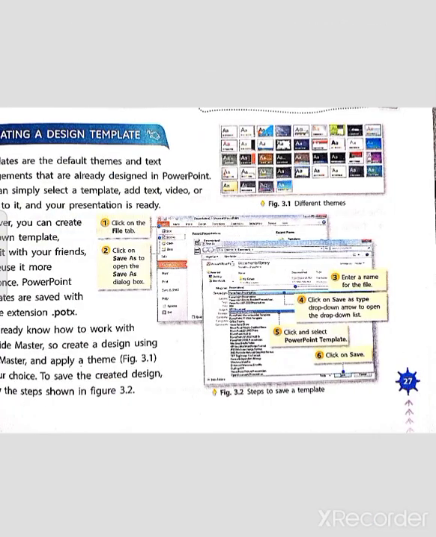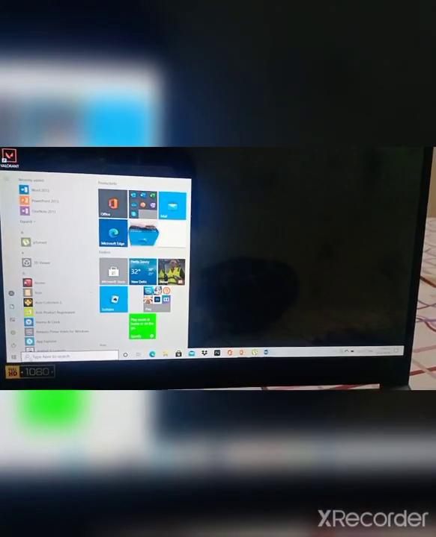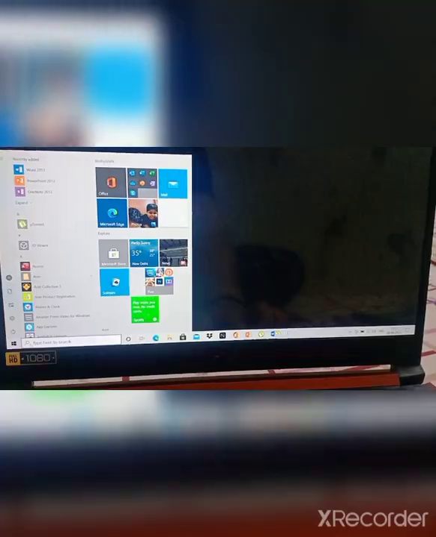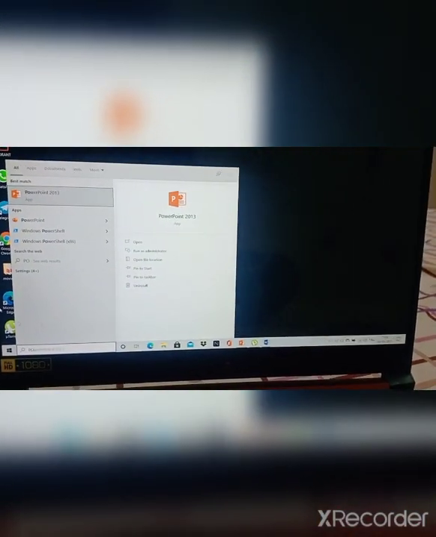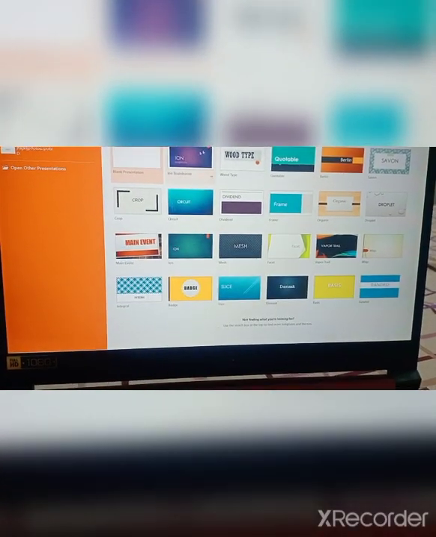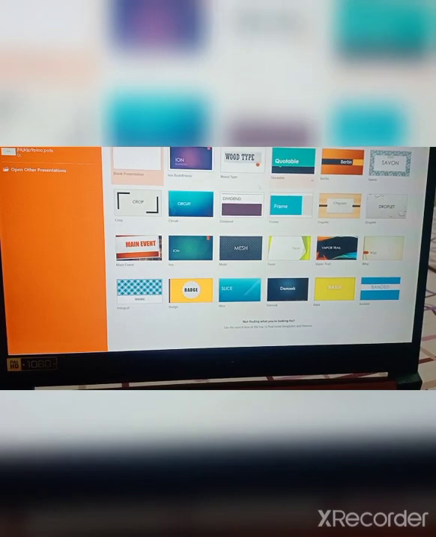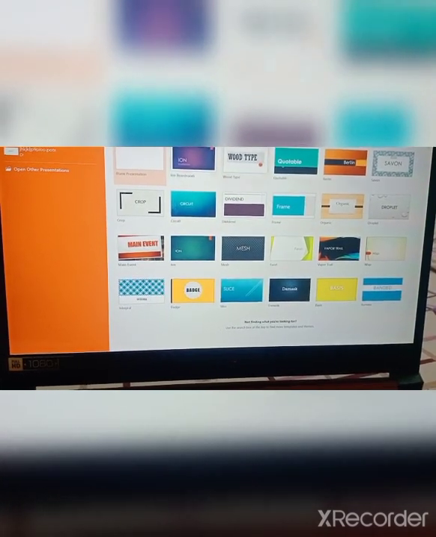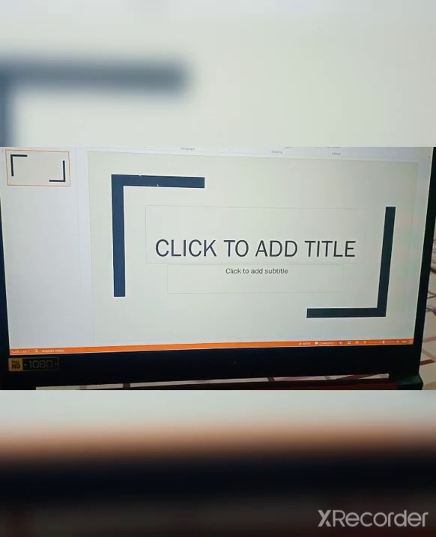So I will show it to you. Open your PC and write PowerPoint 2013 here. In my laptop there is PowerPoint 2013. Click on it and open it. You can see there are many built-in templates available. You can click on any of them, like this one, and this template will open.